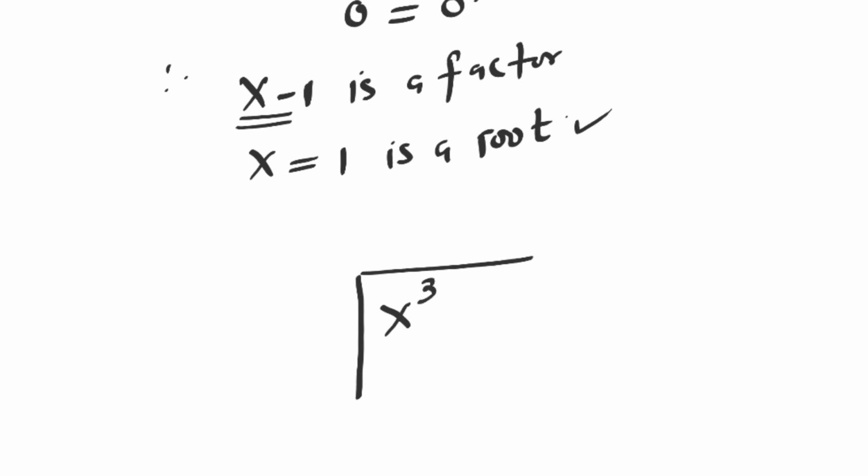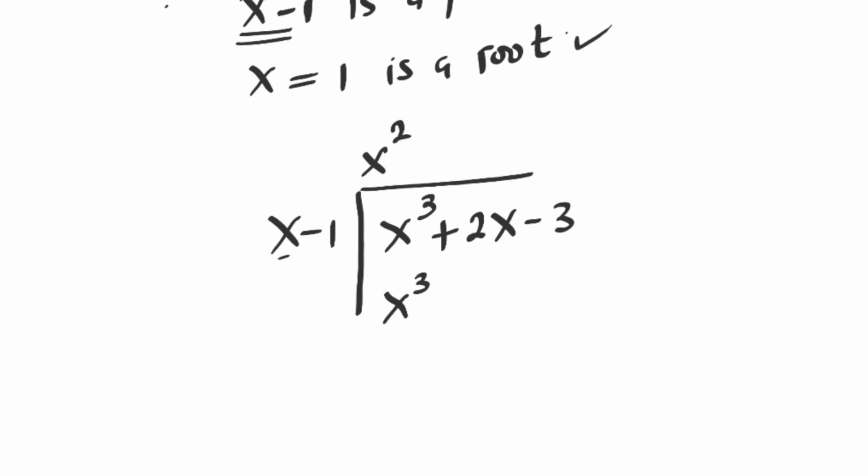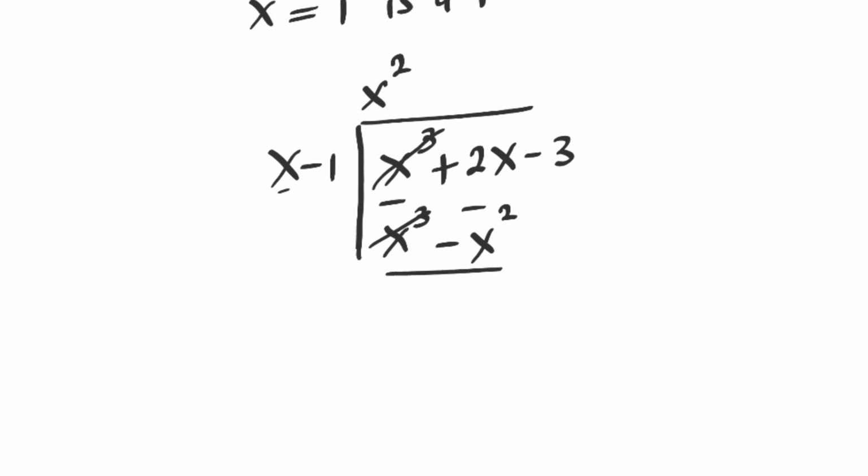x³ + 2x - 3. Let's divide it by x - 1. x goes in x³ as x². x² multiplied by x gives x³. Then x² multiplied by -1 is -x². Now if you multiply this by -1, then this cancels this. Here we have x²